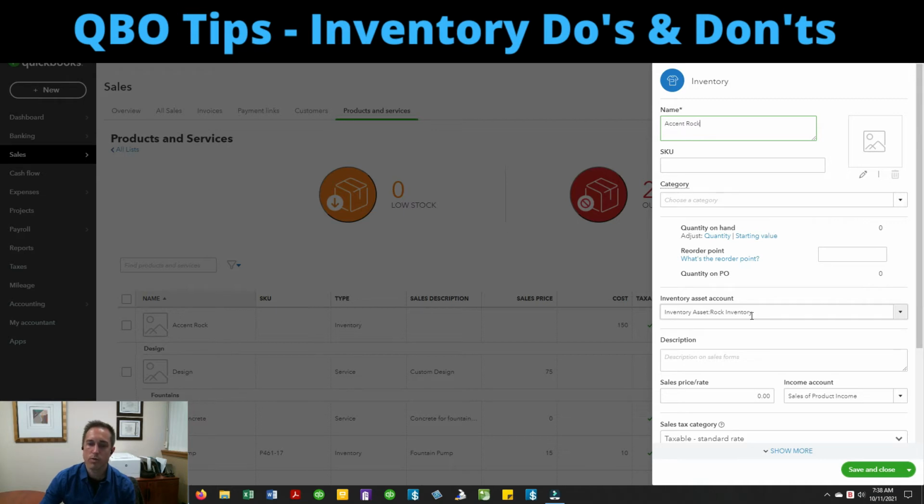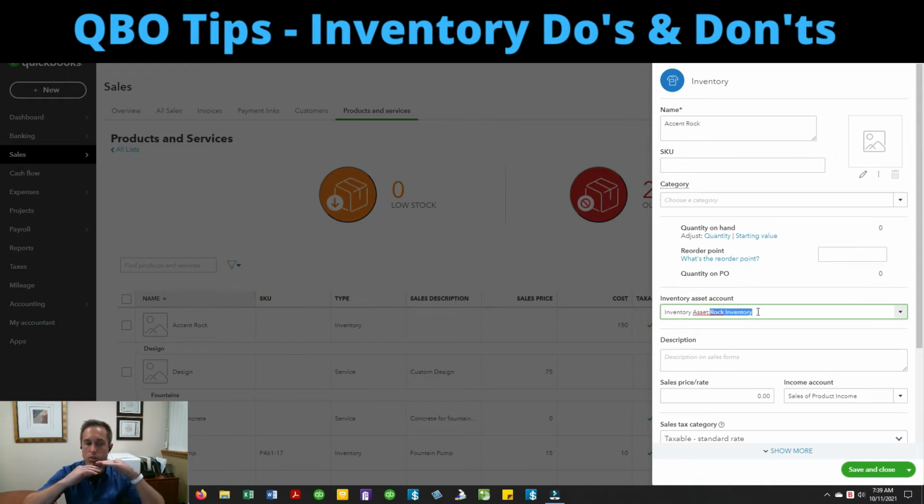If you've already posted things to this inventory account, don't go back into this asset later and change which inventory account it's going to go to. This is because it will cause problems in reporting. If I added it to just inventory asset and later changed it to Rock Inventory, I may have some value in the inventory asset, and when I sell it, it's going to come out of the Rock inventory.